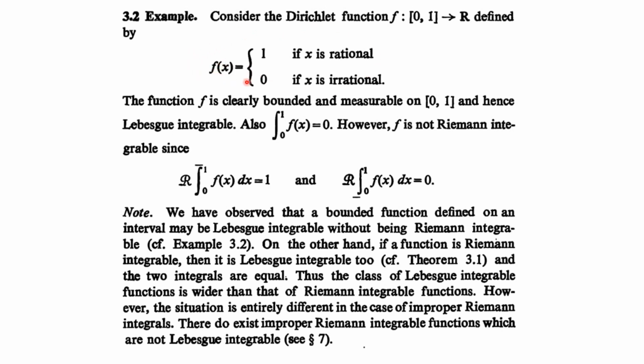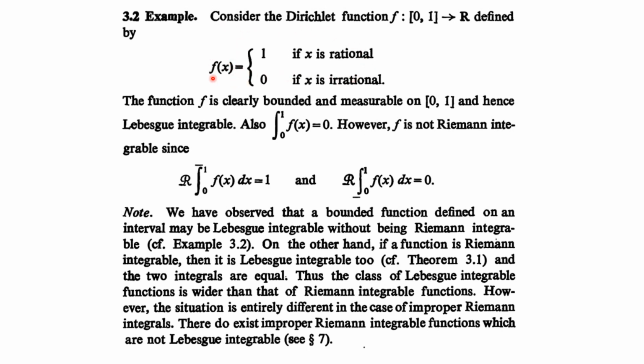You can prove by yourself that this function is measurable. You choose any alpha and then you can show that this function is measurable. So clearly it is Lebesgue integrable by that theorem that says whenever our function is bounded, defined on a measurable set with finite measure, and measurable, then it is Lebesgue integrable, right? And you can also find its integral value.